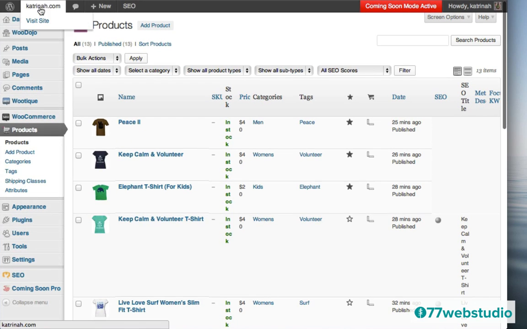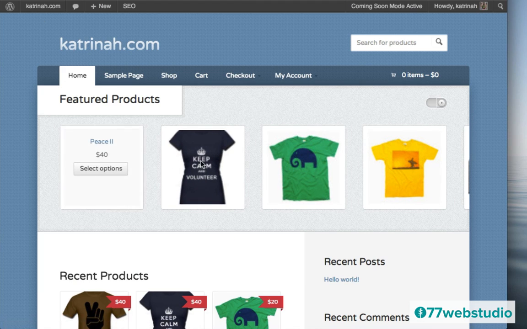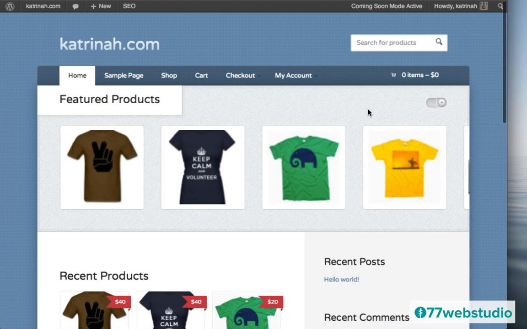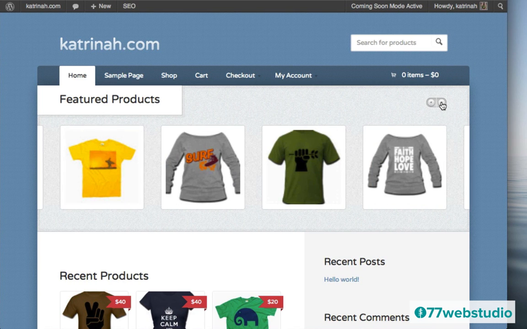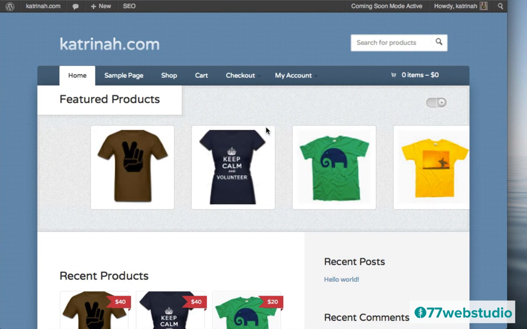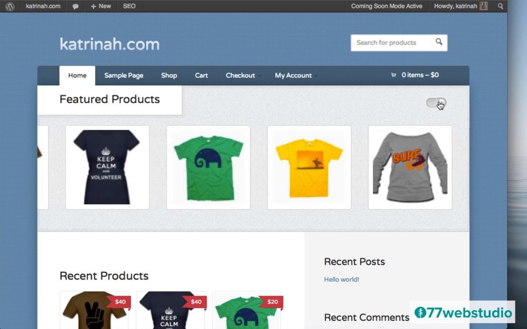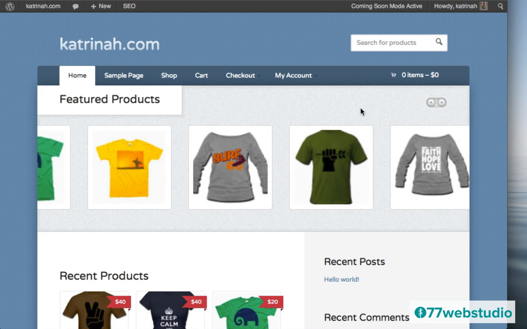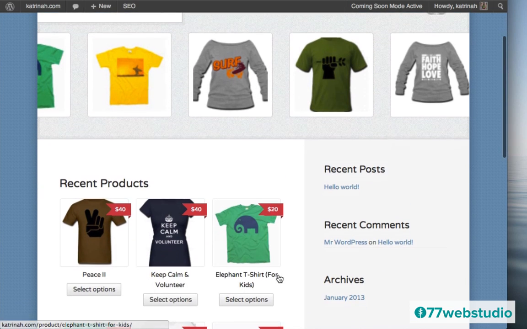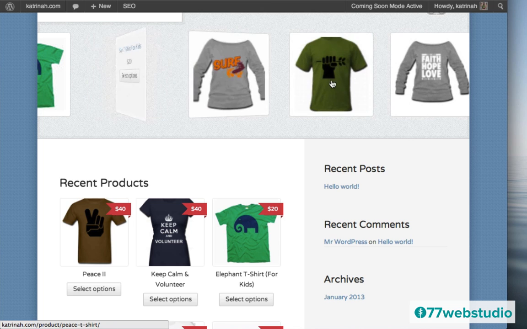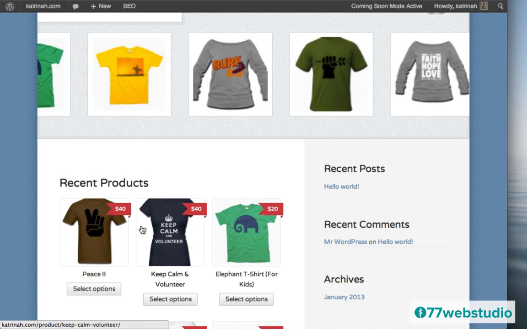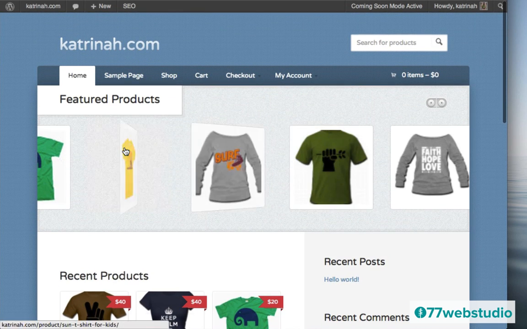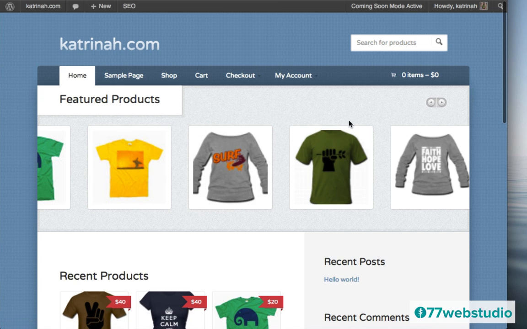Now when we go back to the site by going up to the site title at the top toolbar and clicking on Visit Site, now we see all of these are listed in the featured product slider. Now note that they're a little bit blurry, so this is not good. We don't want these items to be blurry like this. So I don't know if you can see it, but right now I'm looking at these items right here in the slider are sort of blurry, and these are really sharp. So let's take care of making sure that these items are not blurry.